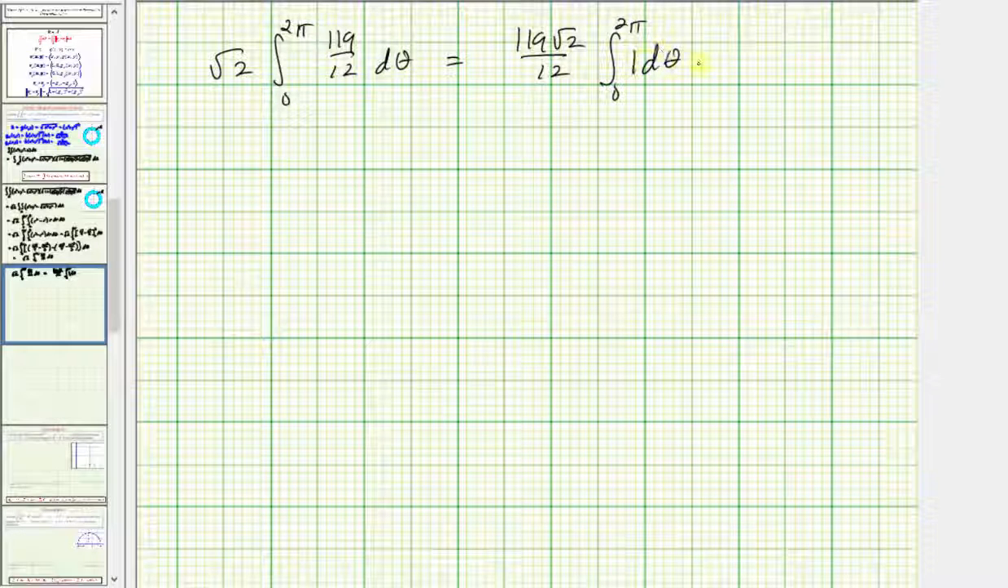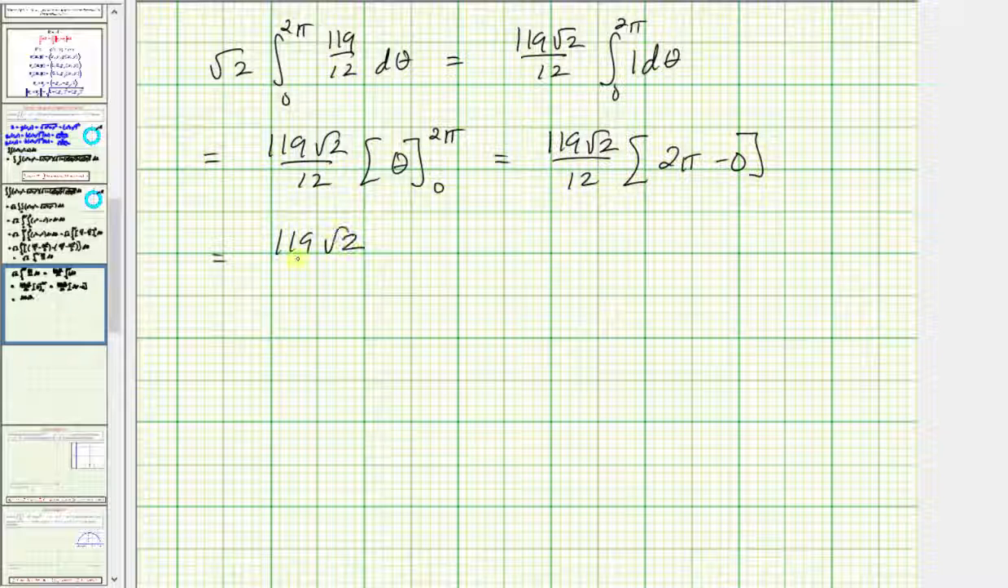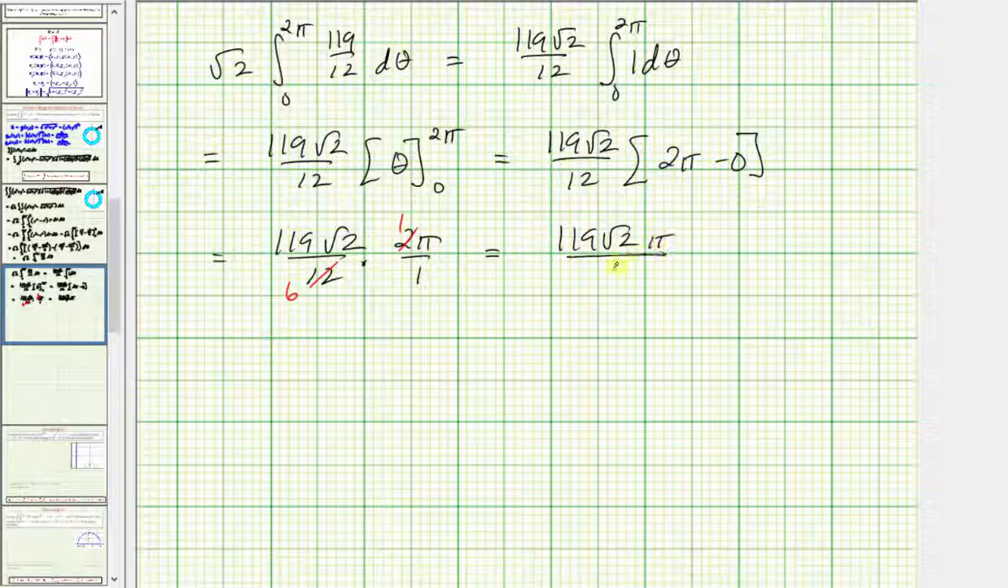So the antiderivative of 1 with respect to theta would just be theta. So we have 119 square root 2 divided by 12, and then theta. So evaluating here, we get 119 times the square root of 2 all over 12 times 2 pi minus 0. We have a common factor of 2. There's 1, 2, and 2, and 6 2s in 12. So the exact value of the surface integral is 119 square root 2 pi divided by 6. As a decimal, this is approximately